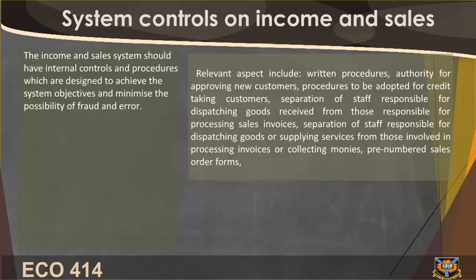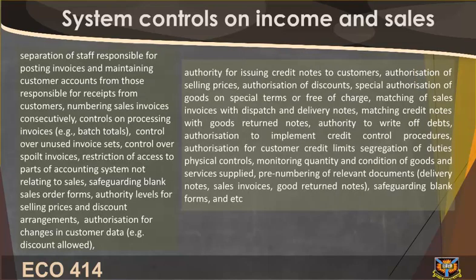Relevant aspects include written procedures, authority for approving new customers, procedures to be adopted for credit-taking customers, separation of staff responsible for dispatching goods from those responsible for processing sales invoices, separation of staff responsible for dispatching goods or supplying services from those involved in processing invoices or collecting monies, pre-numbered sales order forms, separation of staff responsible for posting invoices and maintaining customer accounts from those responsible for receipts from customers, numbering sales invoices consecutively, controls on processing